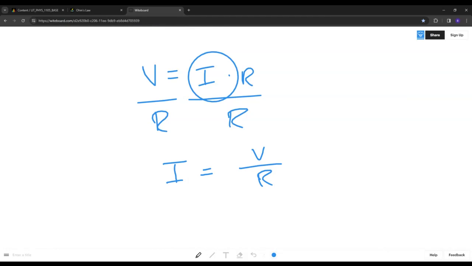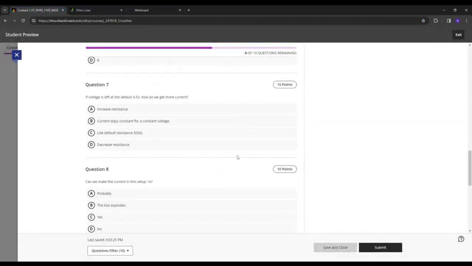So if you look at the R, the thing we're changing, it has an inverse relationship here. It's on the bottom of some fraction that we're using to solve for something, which means that changing that value is going to change the answer in the opposite way. If I make R bigger, I'm going to get less current. If I make R smaller, I'm going to get more current. So let's read the question and then check it and see if it works. If I want to get more current,